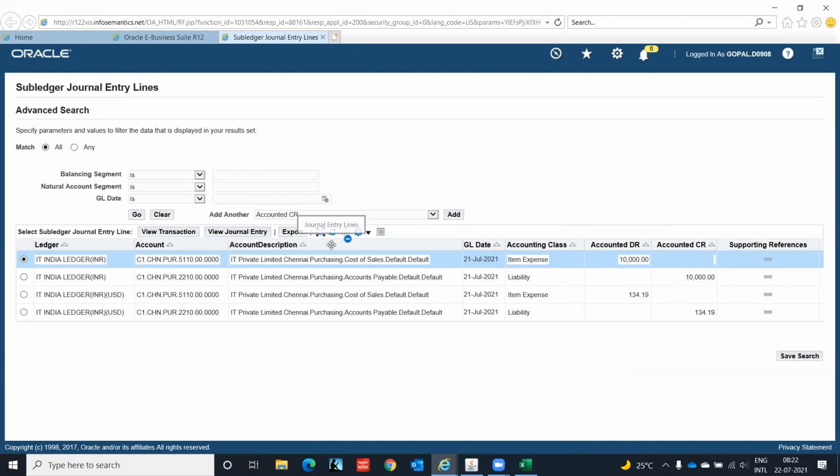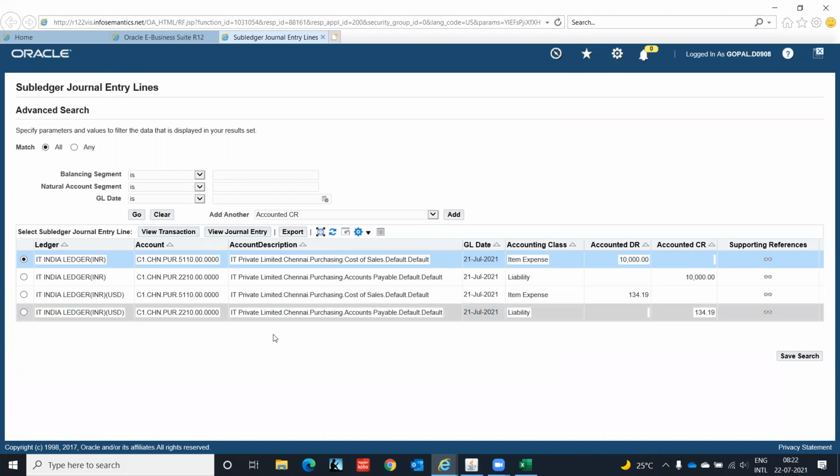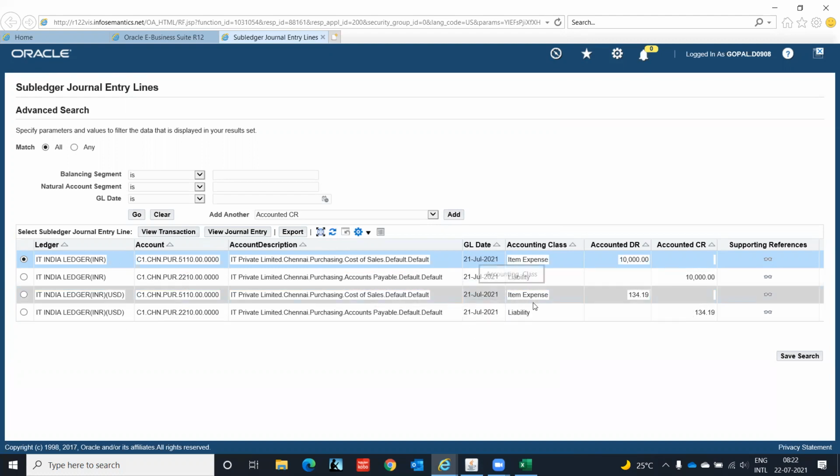Gopal, this is appearing because we have selected subledger at the conversion level. The second set is appearing because we have selected conversion level as subledger. So our reporting currency is also showing over here, item expenses and liability in US dollars.